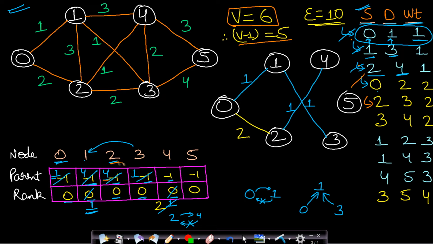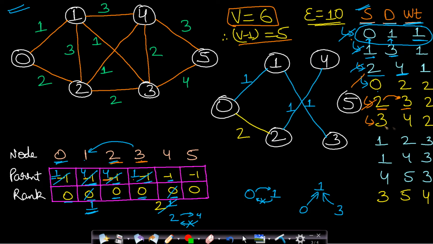Now the absolute parent of this 2 is 4 and the absolute parent of this 3 is also 4 because parent of 3 is 1 and parent of 1 is 4. So they both are having same absolute parents and therefore there exists a path from this 2 to 3. So if there already exists a path from 2 to 3 and you are adding a new path from 2 to 3, then that will surely create a cycle. Okay, so we will not be including this edge.